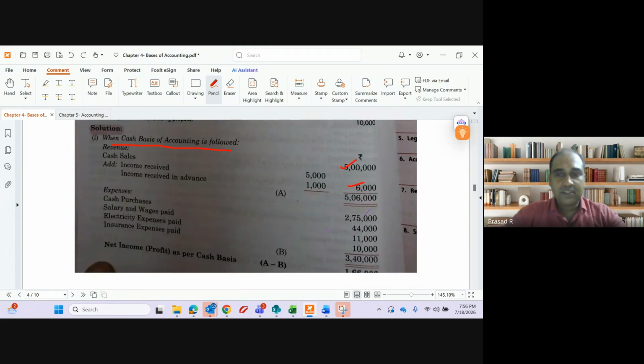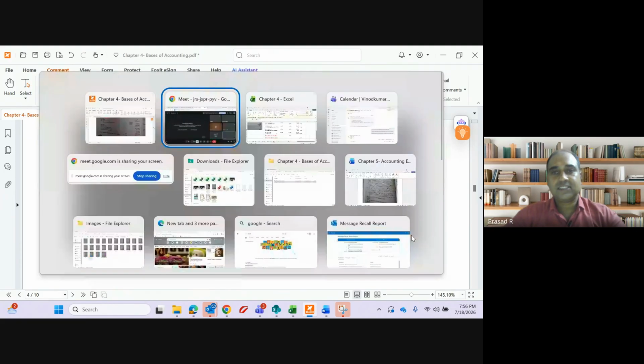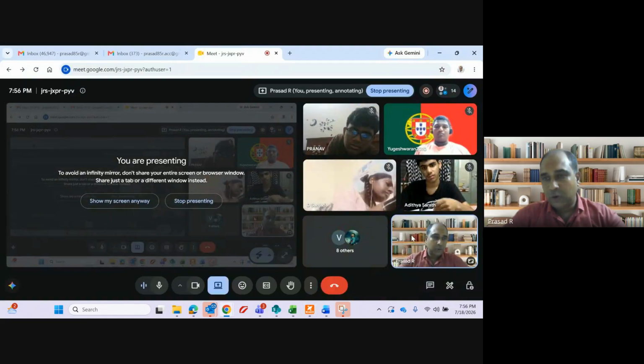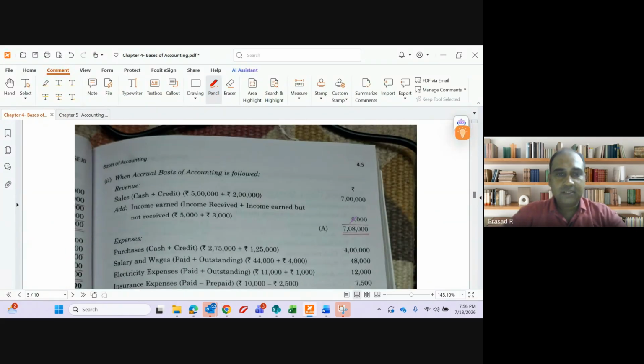Similarly, I have 4 expenses. One is purchases, another is wages, another is electricity, another is insurance. My total expenses is 3,40,000. So 5,06,000 minus 3,40,000 is 1,66,000. This is the kind of presentation you have to follow. Clear? Any doubt? Similarly, in accrual basis,